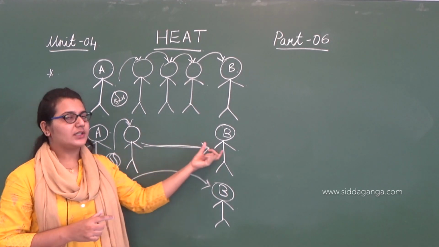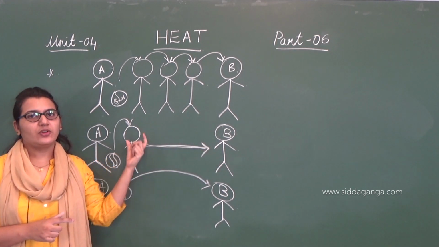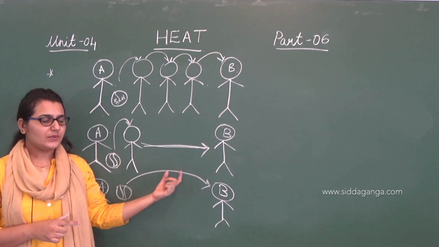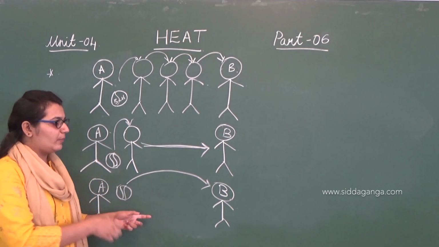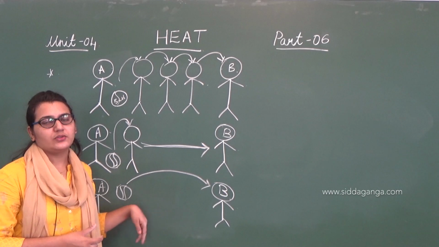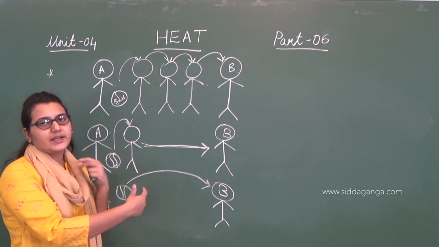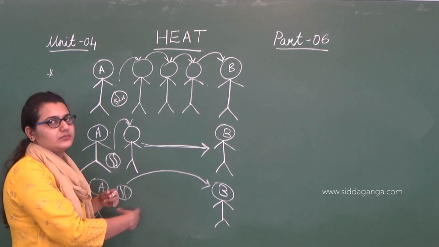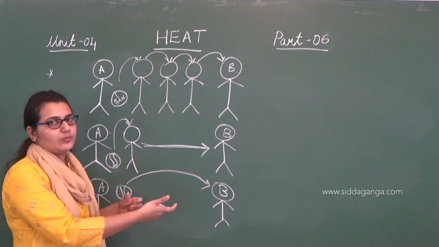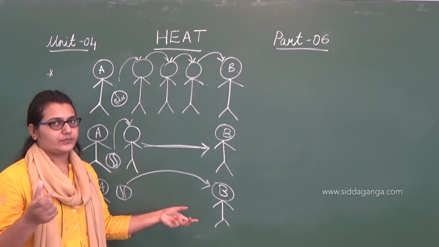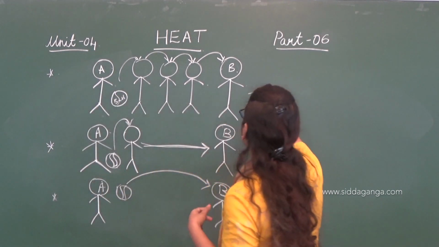Here this boy goes and gives to him, right? So there is a movement of particles from one object to the other. And here there is no movement itself. There are no particles in between, no medium of transfer. The ball directly went to this second boy. There is no intermediate medium, there is nothing. He just threw the ball there directly. So what I'm trying to say is, there is no movement of particles here.